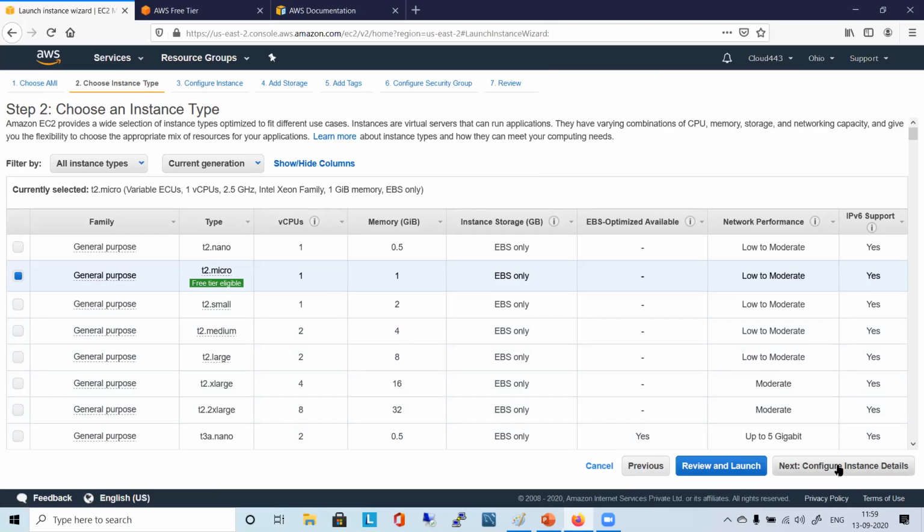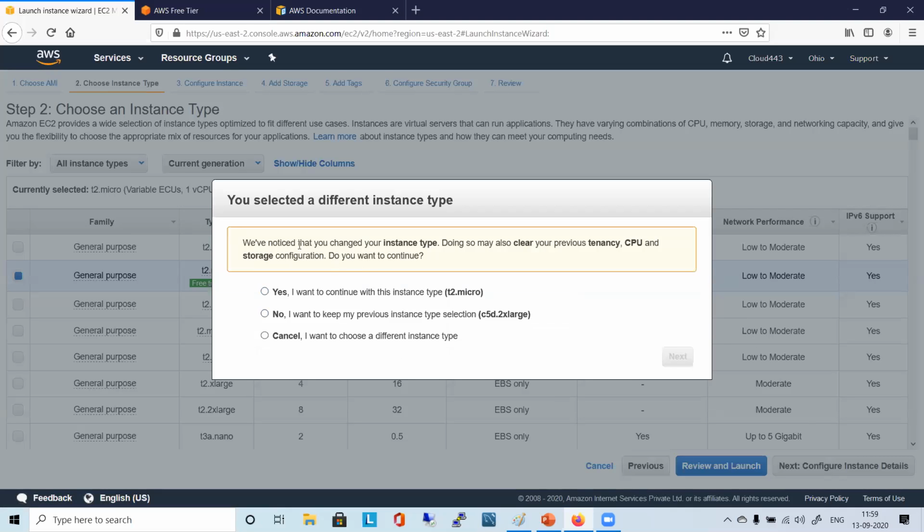So let's move to the next page where it says, I have noticed you changed your instance types, doing so may clear previous tenancy, CPU and storage. I want to continue with the instance type T2 micro, right? I want to keep my previous instance type selection, because you see huge differences between these two.